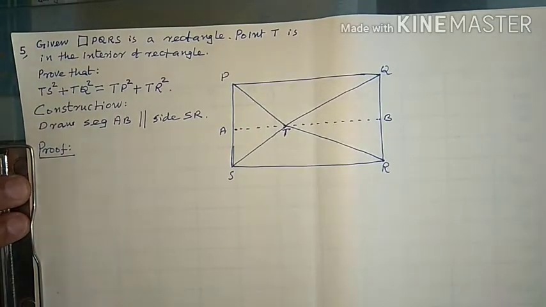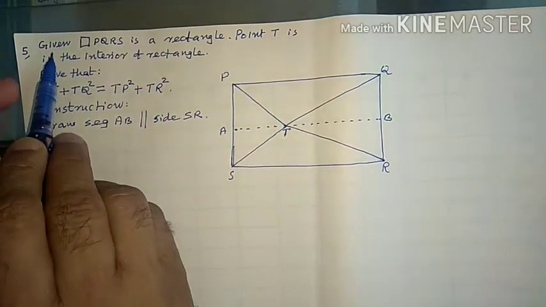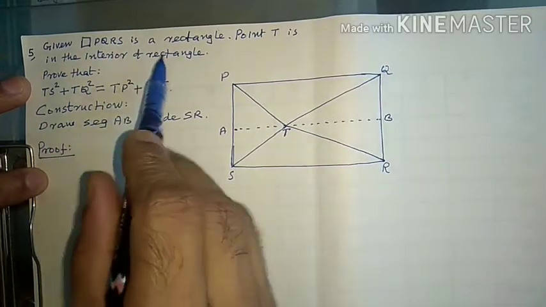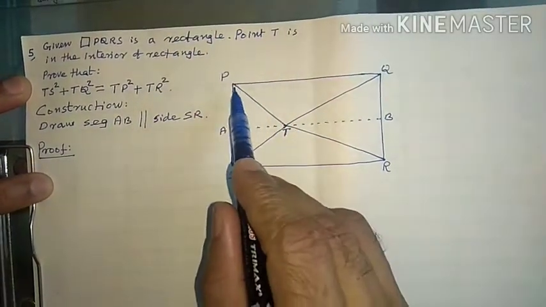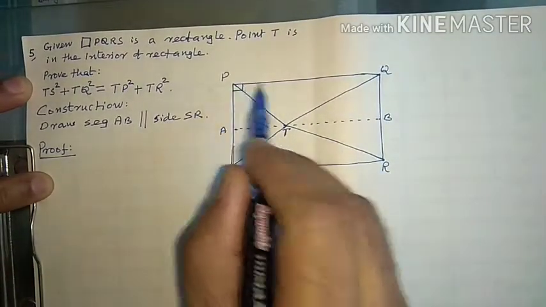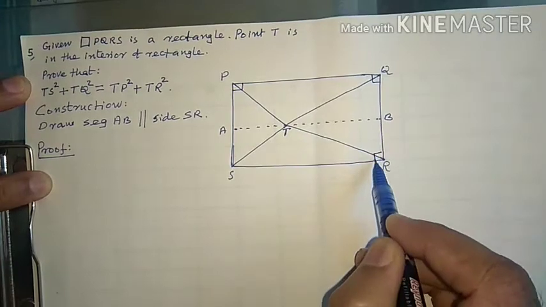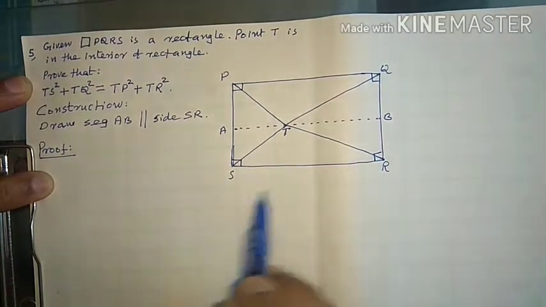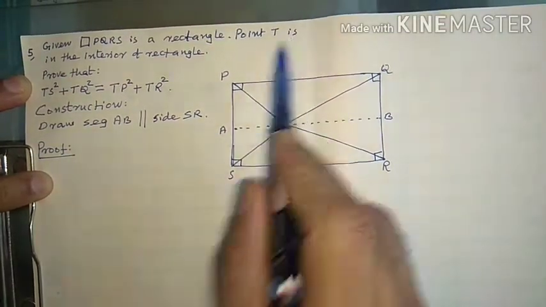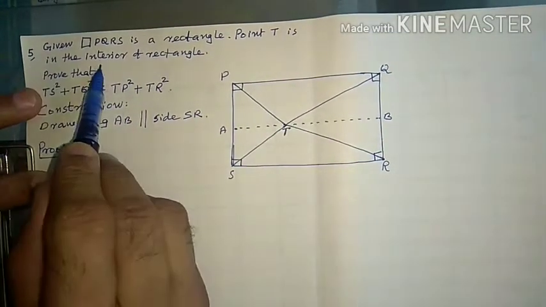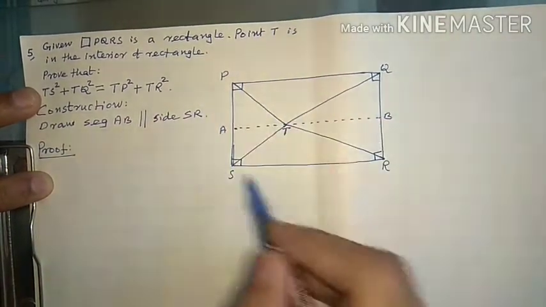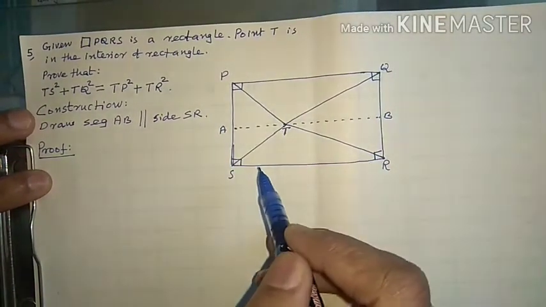Proof. Now see here, given quadrilateral PQRS is a rectangle. So each angle is 90 degrees, each angle is a right angle. Point T is in the interior of the rectangle. This point is inside the rectangle. We have to prove that